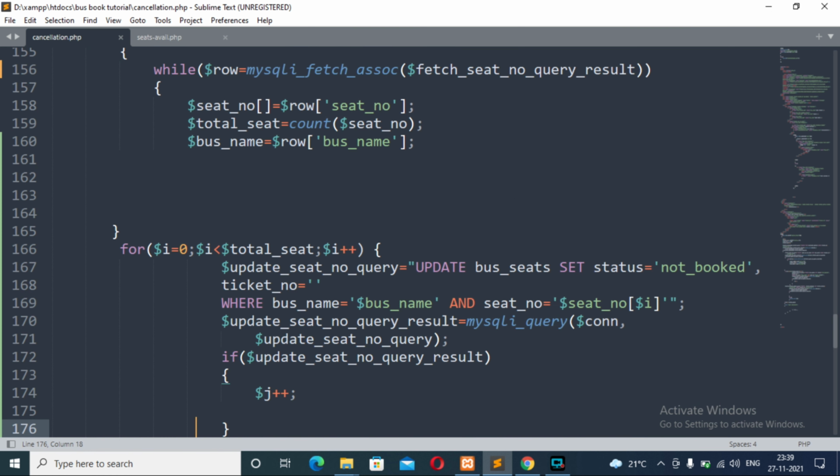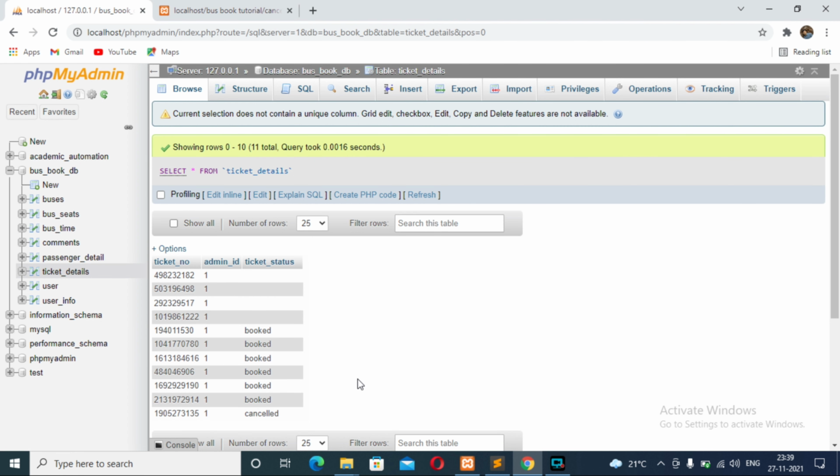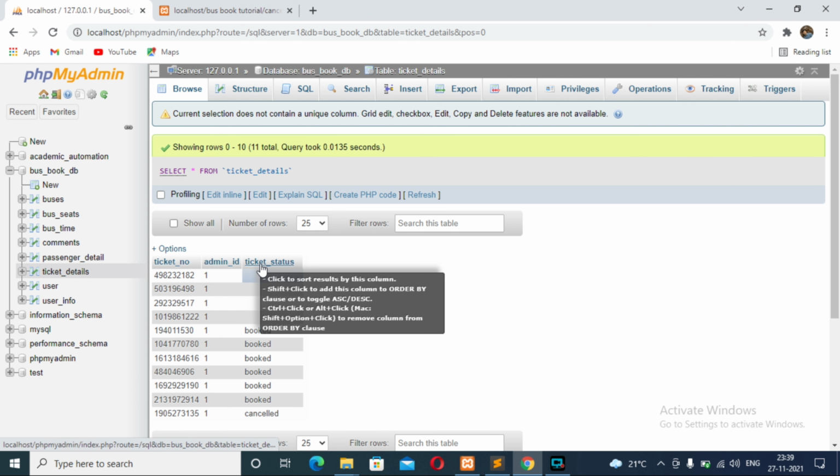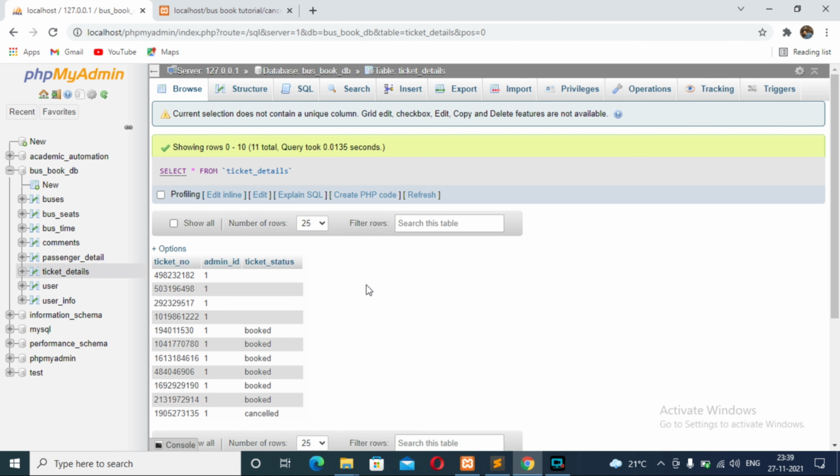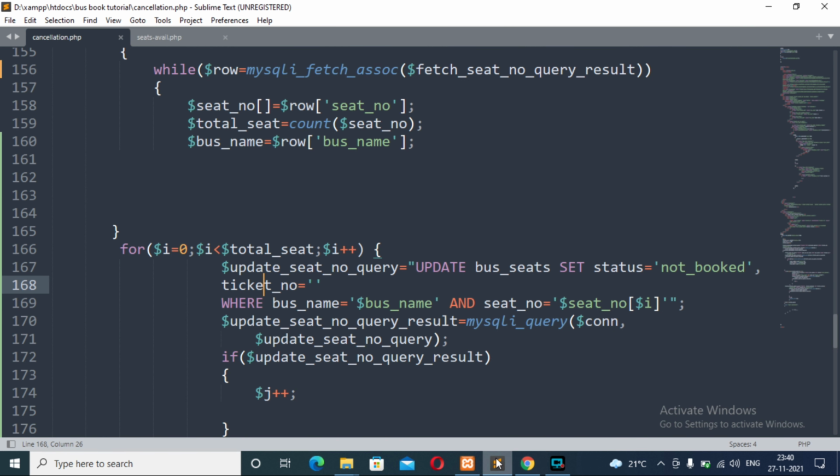Here, as you can see, instead of using a foreach loop, I have used a for loop for the sake of simplicity. Also, instead of deleting the records from the ticket details table, this is the ticket details table visible on the screen. Ticket number, admin ID and ticket status are the columns of the ticket details table. So instead of deleting the details of the ticket from the ticket details table, I am updating it.